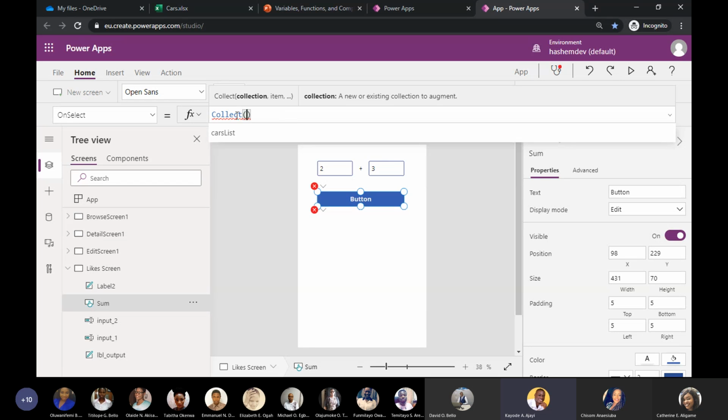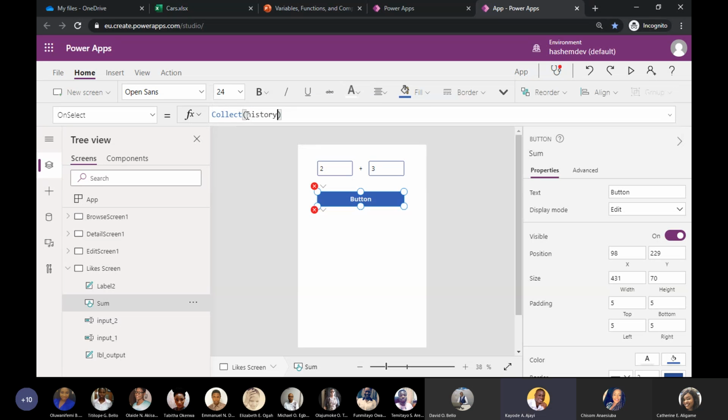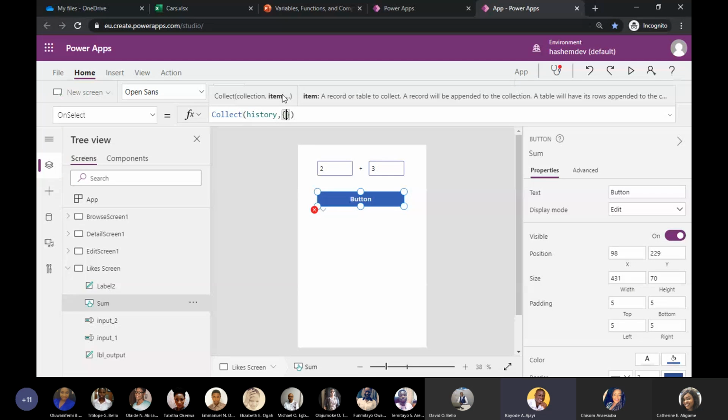All right, so here you can see collection, and here it says a new or existing collection to augment. Basically what it's saying is what is the name of the collection. Before we do that, you can see it says cast list. It recognizes that as a collection, which is our data source. But now we're just going to create a new collection and let's just call it history. Then we'll put a comma and it says item. So remember we said collection is similar to a table. So we're just going to have one column and call this first column